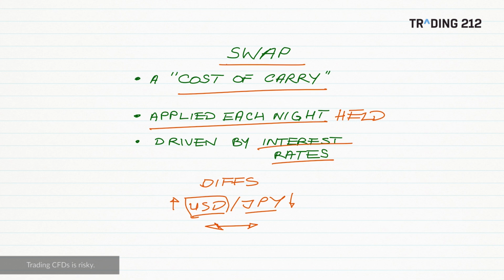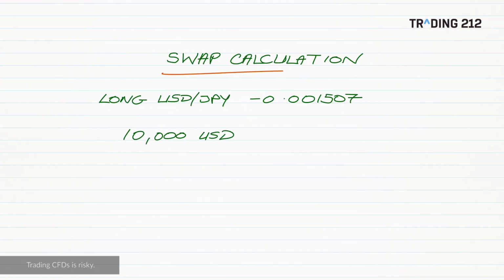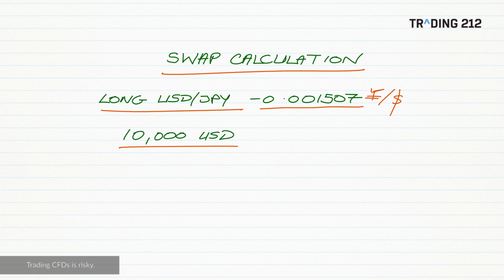So let's actually work through the numbers of our dollar yen position. So our swap calculation from the app, we saw that being long US dollar against Japanese yen, the swap value was minus 0.001507. This is actually yen per dollar. So we have 10,000 US dollars. That was our trading quantity. We multiply this by that number, and that gives us the swap cost per night of